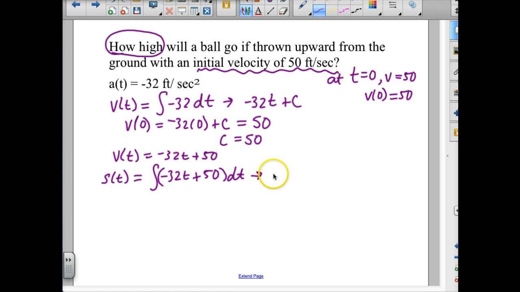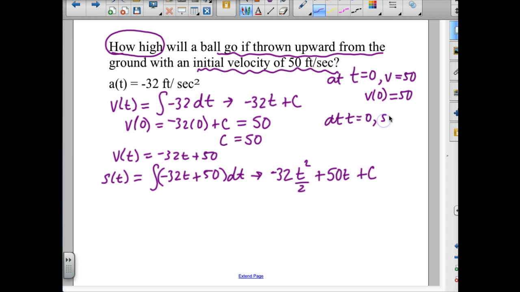I'm just going to do this all in one step instead of writing separate integrals. So negative 32 times the integral of t would be t squared over 2. And I can do plus c now or just at the end, so I'm just going to do it at the end. Plus the integral of 50 with respect to t is 50t plus c. That's my position function, and I know this ball was thrown upward from the ground, so at t equals 0,